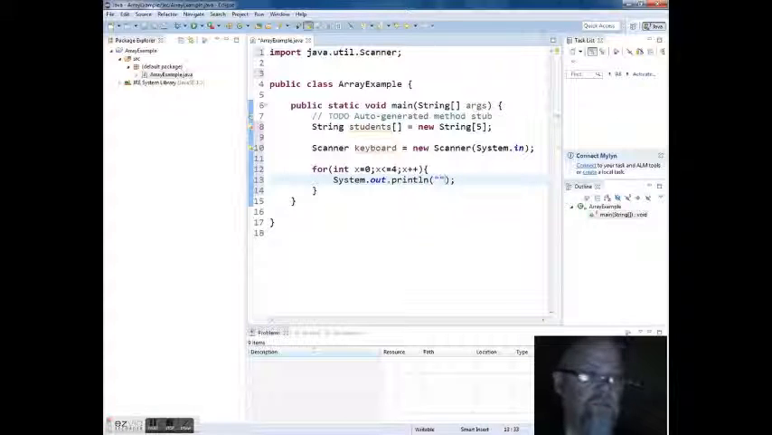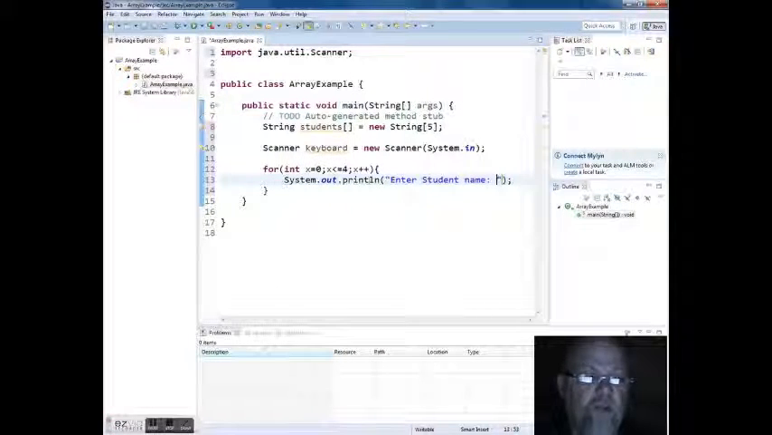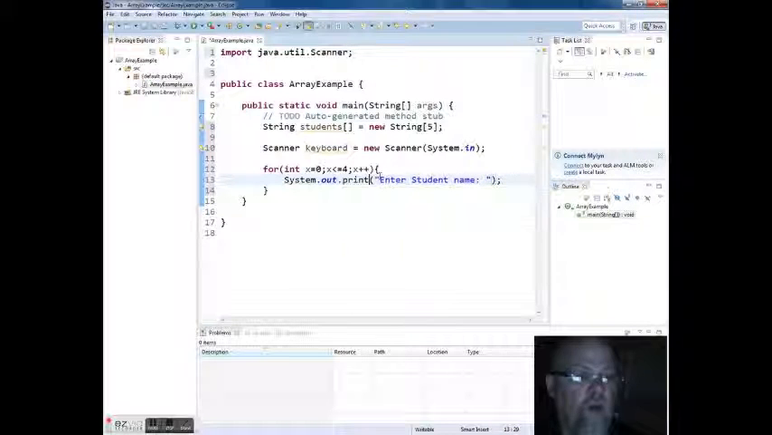So what we're going to do is go through here and have you as the user enter in some student names. And I want 5 names, 0 through 4. I'm going to say, enter student name. Now, another thing I'm going to do is change this from a print line to a print because I want the insertion point to stay on the same line. And then I'm going to come down here and say keyboard dot